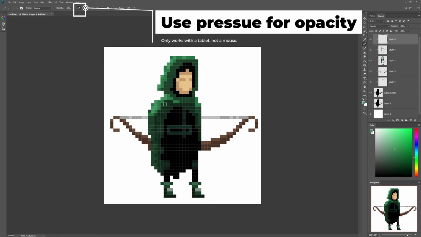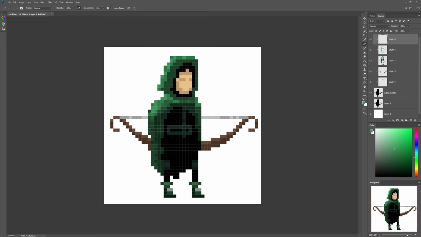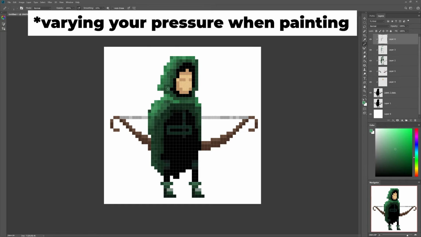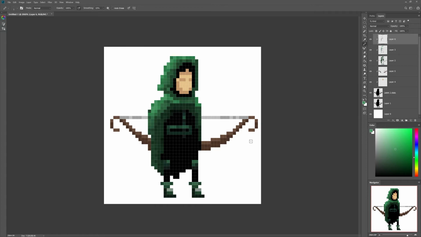Another way to do that is to get a layer over it and turn on your opacity setting here. And what that's going to do is, if you're using a pressure tablet, not a mouse, it's going to actually paint with opacity, which means that you can easily change the colors a little bit just by painting as if it was a painting. So if I pick a lighter color there and come in, you can see that there's a little bit of transparency to it, and it's showing what's underneath. So let's take his skin tone there, and his hand is